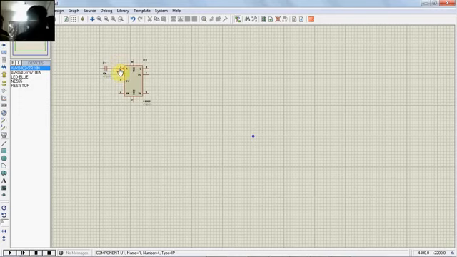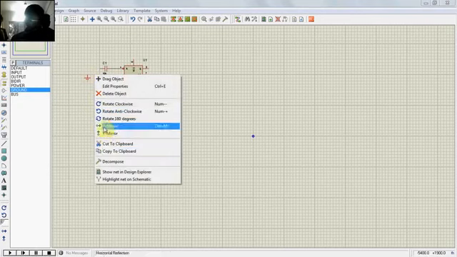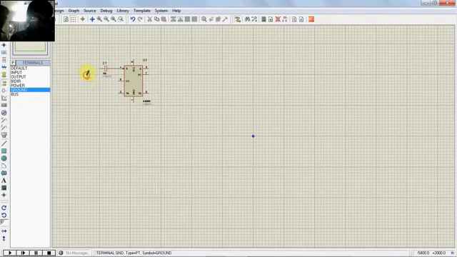If you have to rotate it, you can just right click here and use this also. 180-degree rotations. Rotate anti-clockwise, rotate clockwise. You can use X1 or Y1, all those things. Now it's not there, so just right click twice and selection now. You can select it. I have to drag it down. Okay, I have dragged down.